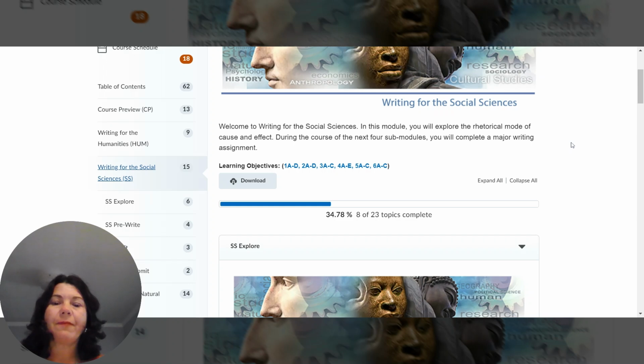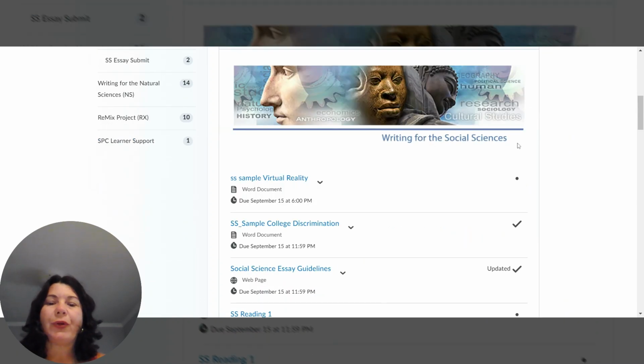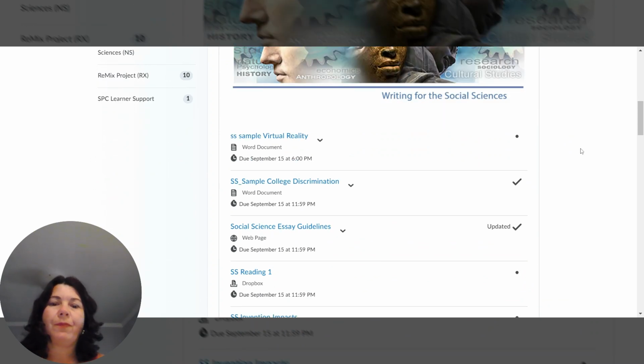So to get started with the SS Explorer unit, I have uploaded 2 example essays for you. You have an option with this one. You can either research and discuss the impacts of a major advancement in society, or you can discuss a social issue and possible solutions that are being implemented to address that issue.